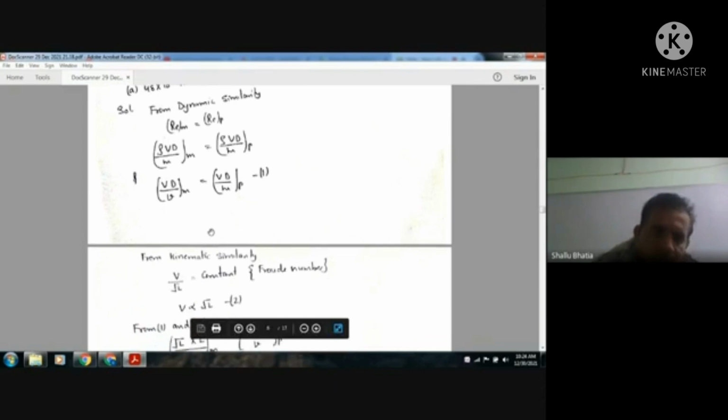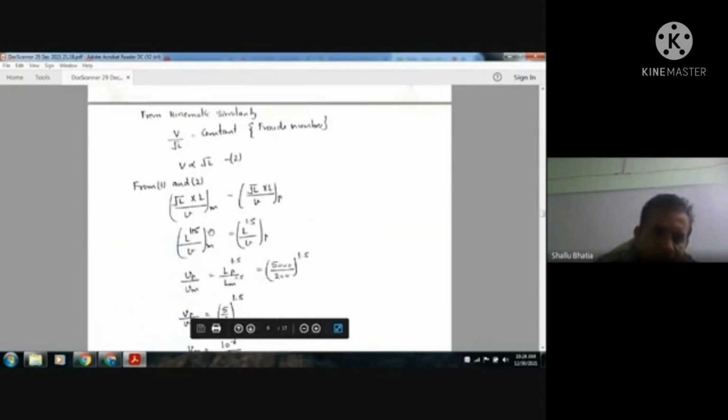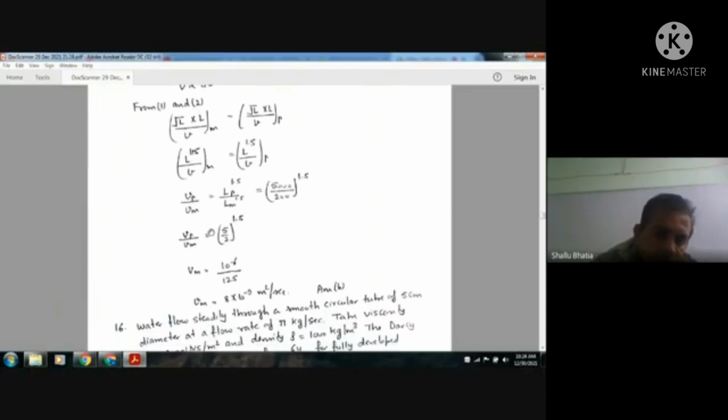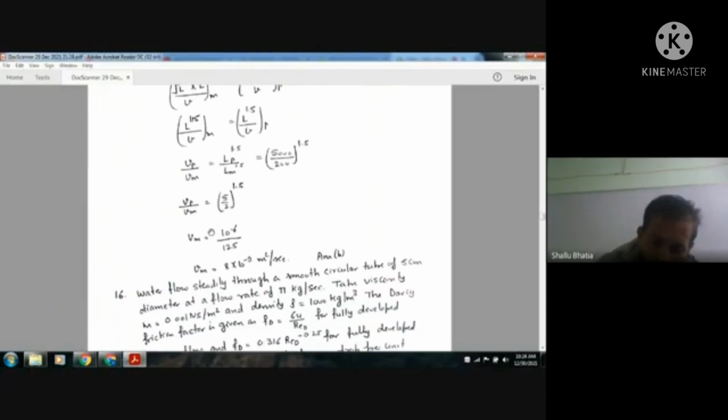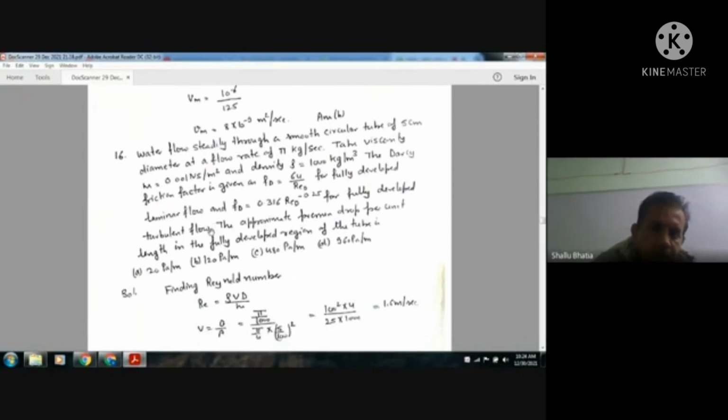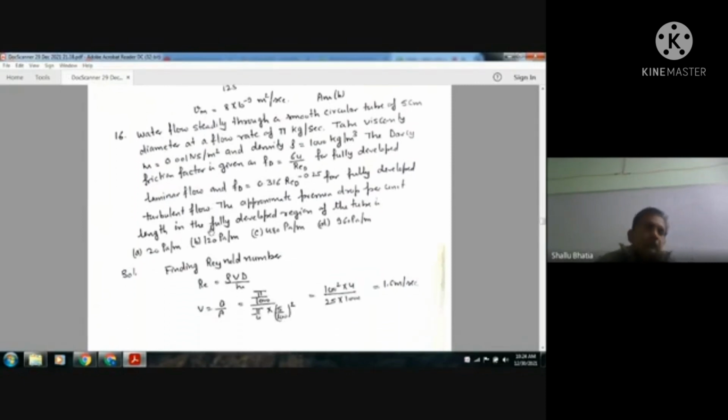So then we can find out the ratio of the kinematic viscosity, and then we can find out the viscosity of this model. Okay. Next, of a model of the fluid flowing in the model. Okay. Next,